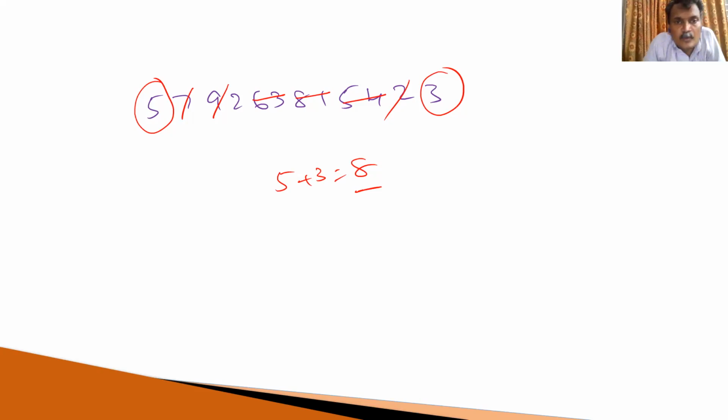Okay, now what is your doubt, Harshika? Sir, actually, there's a 2 also in the number. Yeah, here 2 is also there. Yes, yes. And 8 plus 2, that is equal to 10. So 1 is the answer. Yes, good. Okay, now I am going to explain one more example.